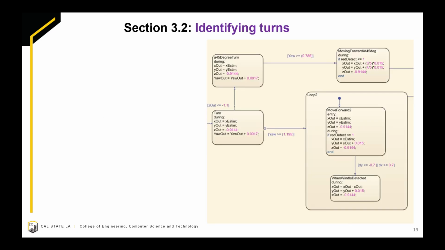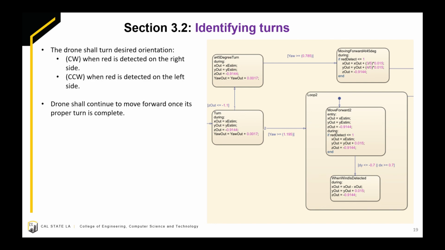Ready? Go. Section 3.2 highlights our second subsection block in state flow, where the drone is asked to turn left, right, or 45-degree turn whenever their conditions are met. As mentioned on the previous slides, the drone will come to a stop once the red path is no longer